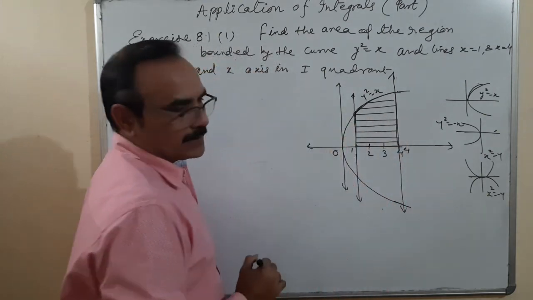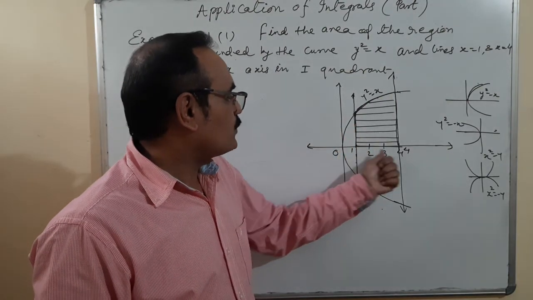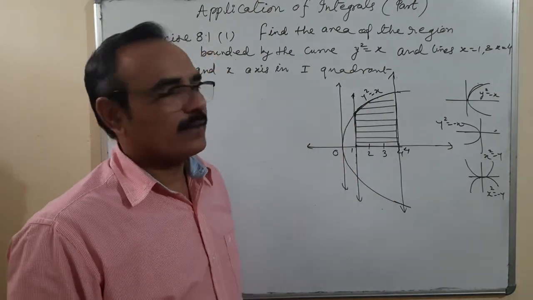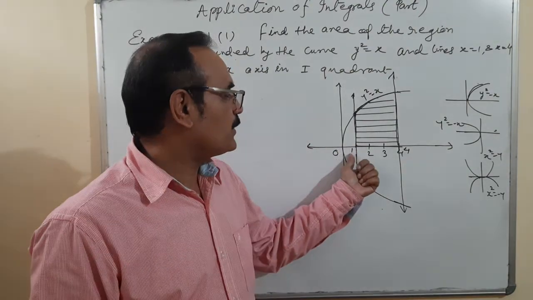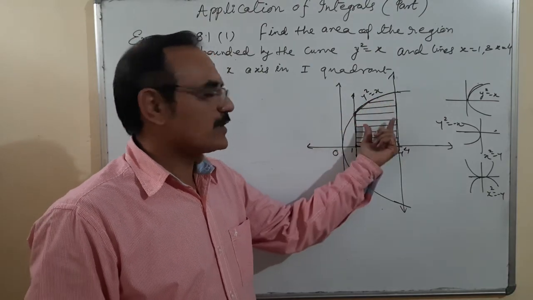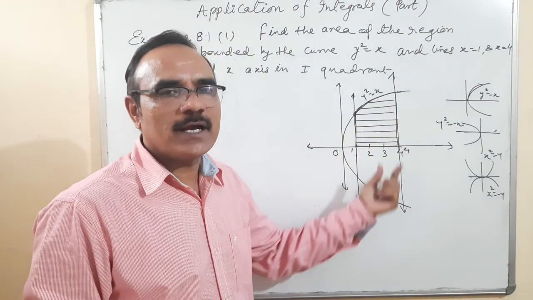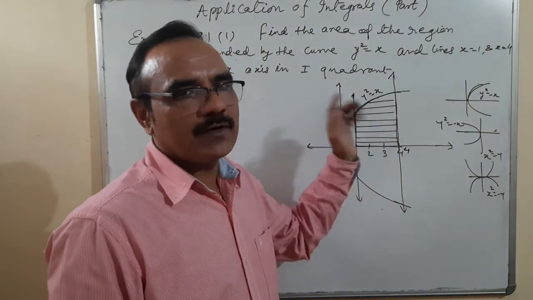Only in the first quadrant. Otherwise this complete will be coming here. Okay. So 1 to 4 limit, and by the way, I told you this is the mechanism. When I use the limit 1 to 4 f of x dx, then you are getting this portion. So first we'll find this and multiply it by 2 if you are getting this downside. But in this question only they are asking that in the first quadrant finding the area.